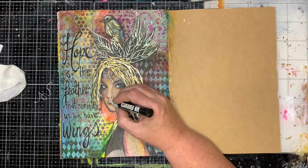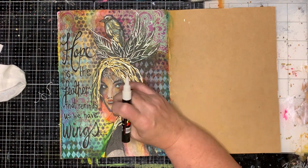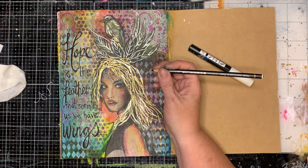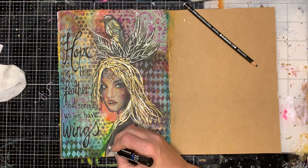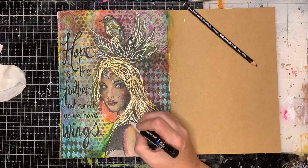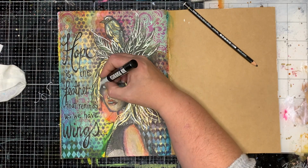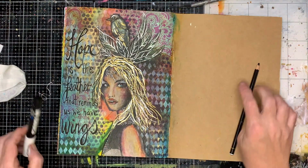Just on her forehead, she had a bit of a pattern, whether that's from the leaves or like a headdress of some kind, so I decided to put a little bit of scribble onto that just to highlight it somewhat, and then going in and putting a little bit of pen work into the shadows and onto the highlights, just so it really, really stands out,